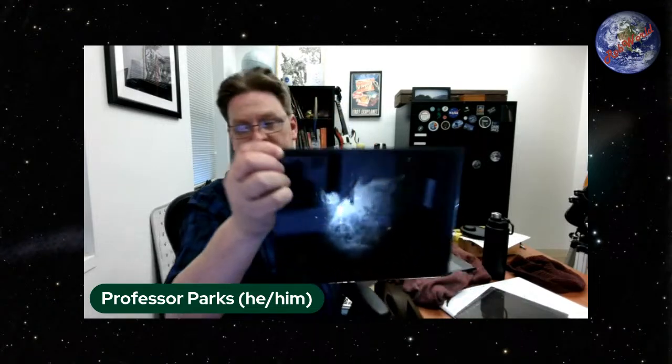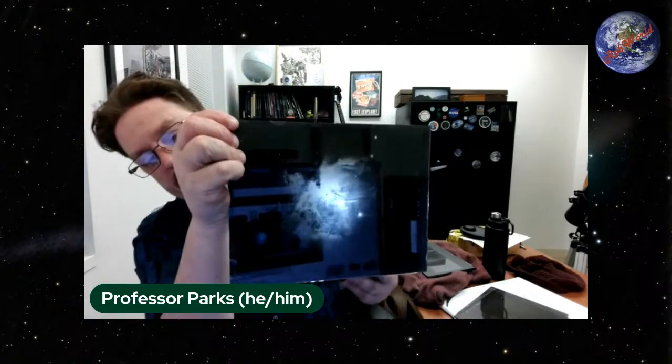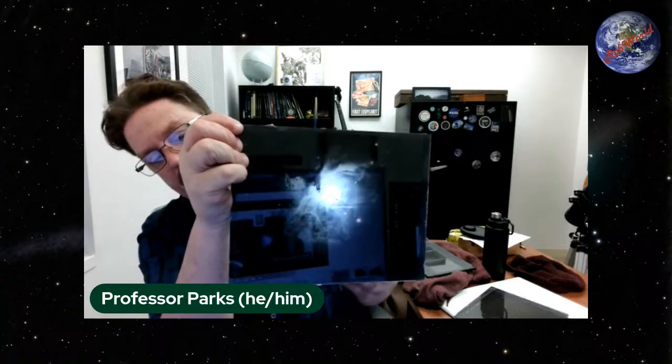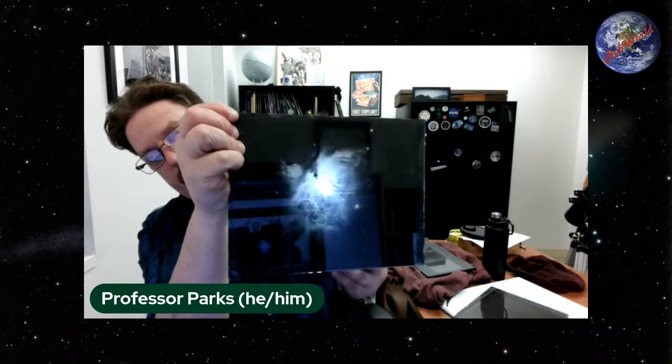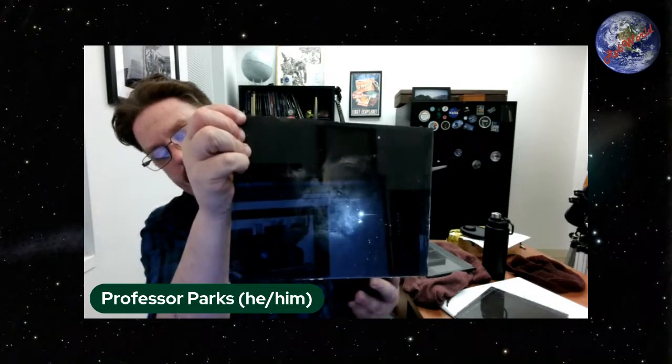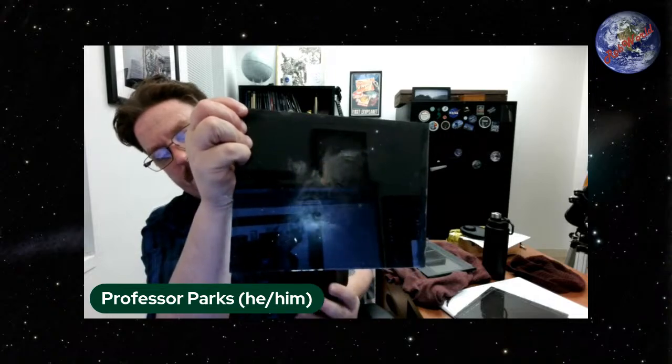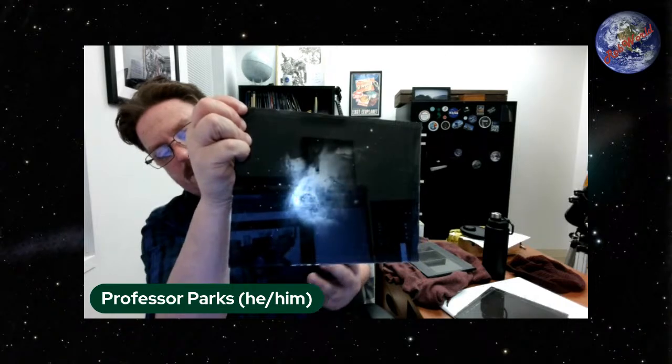Haha. This is the Orion Nebula, my favoritist object. This is a star-forming region in the constellation of Orion. And so, you can see the huge nebulosity that comes off of this.